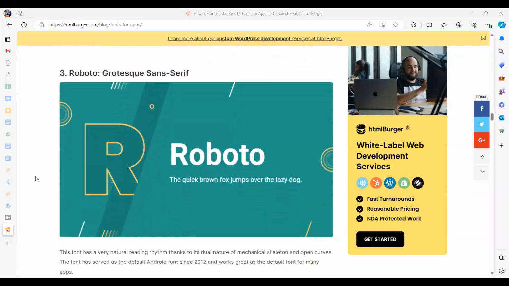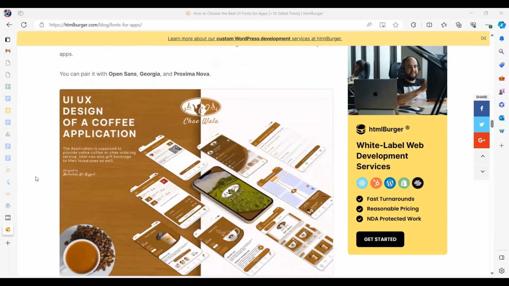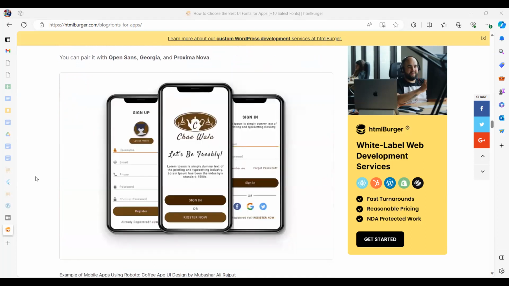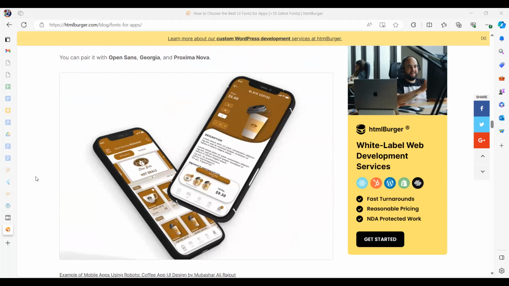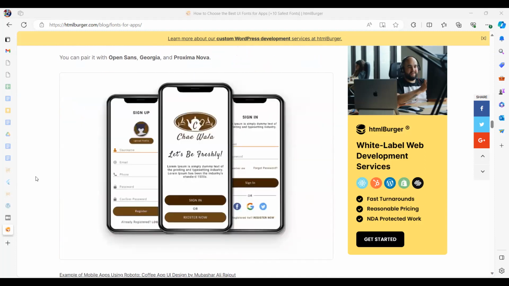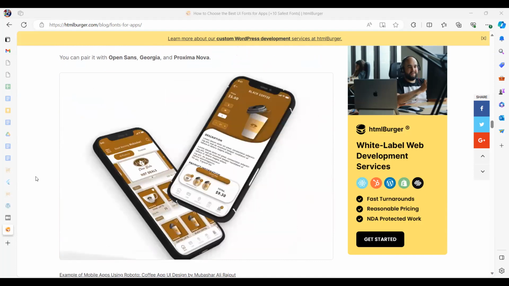Here's another one. This is the recommended font from Google for mobile apps. And this is something designed using that font. You see, they've coupled the font with another. So you can see two fonts used, like here. Right?